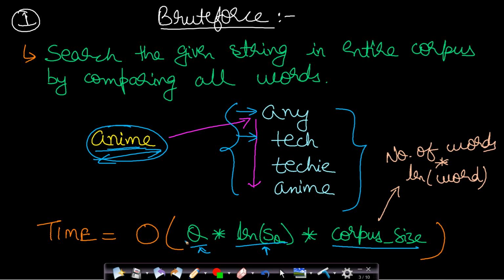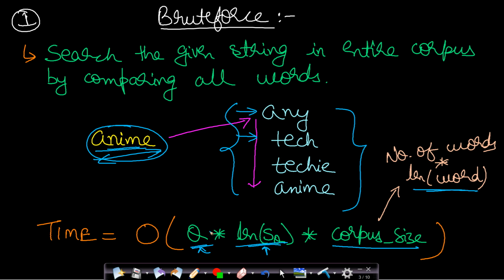So the worst case time will be order of number of queries times length of the query times corpus size. The corpus size is the number of words in the corpus times the length of a word; you can also assume this is the length of the maximum sized word. This is a brute force approach and it is very inefficient.